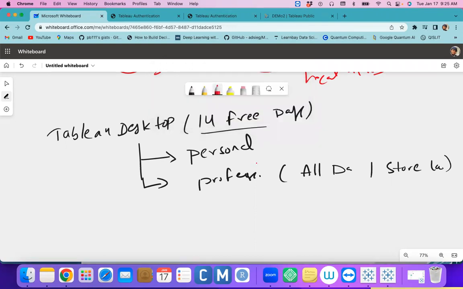Okay, personal version, professional version, we have both. They could be almost the same, but there are some limitations in the personal version, whereas in the professional version we don't have any limitations. So in real time, companies use the professional version only. For a business perspective it's okay, but the personal version could be for practicing and